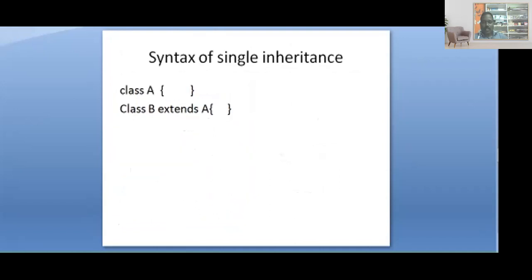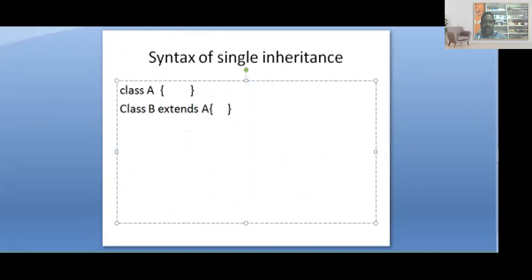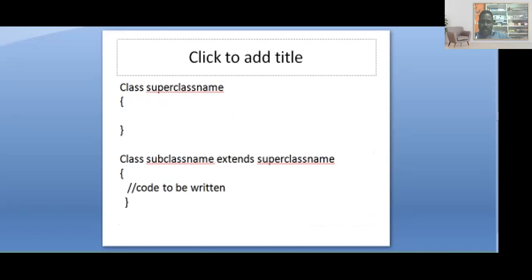What is the syntax of this? Look here. Class A has some statements inside, and this is class B extends class A. What are you extending? You are extending the superclass. Who is extending? The subclass. That was already discussed in the earlier topic. In the syntax, class subclass name extends superclass name.